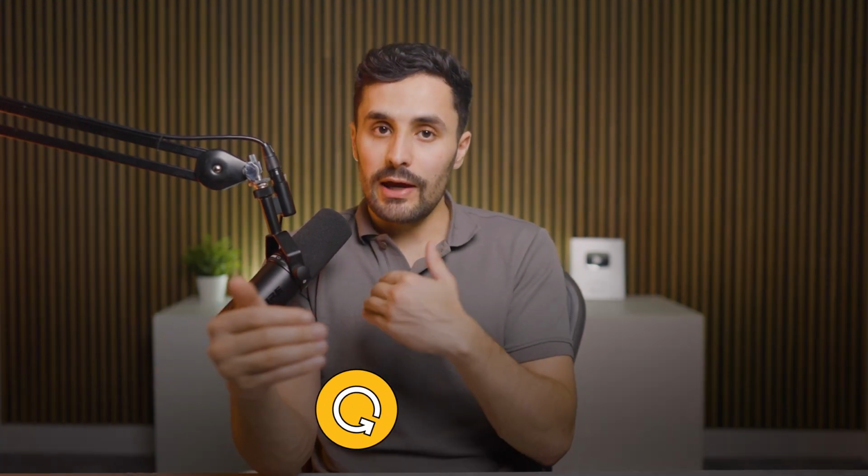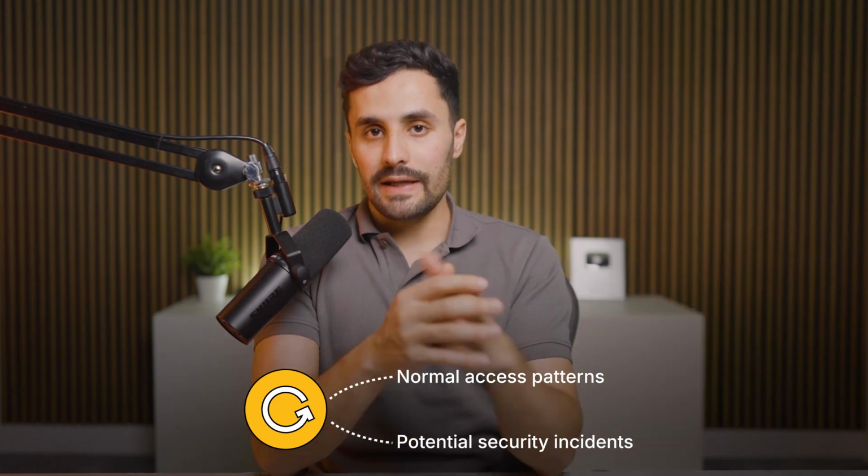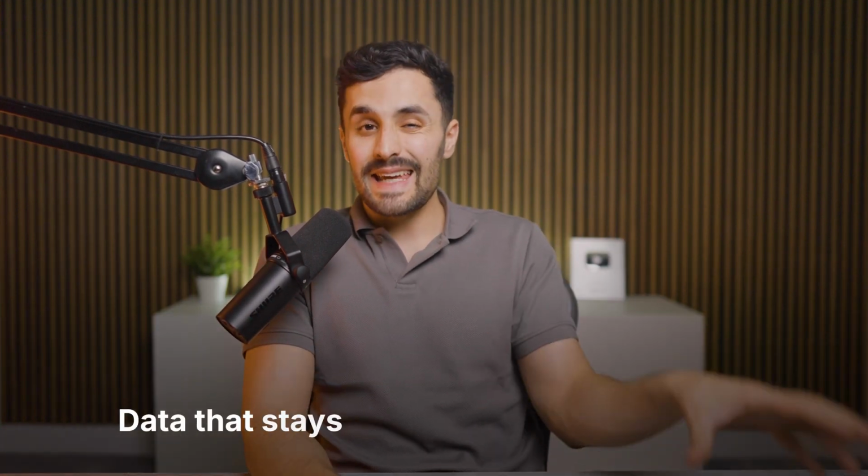Our system will also perform regular log analysis to help identify normal access patterns versus potential security incidents. We also ensure our logs are retained according to compliance requirements, creating an audit trail that we might need in the future. Now, there's an overlooked cloud security risk that we have to address: data that stays in your system